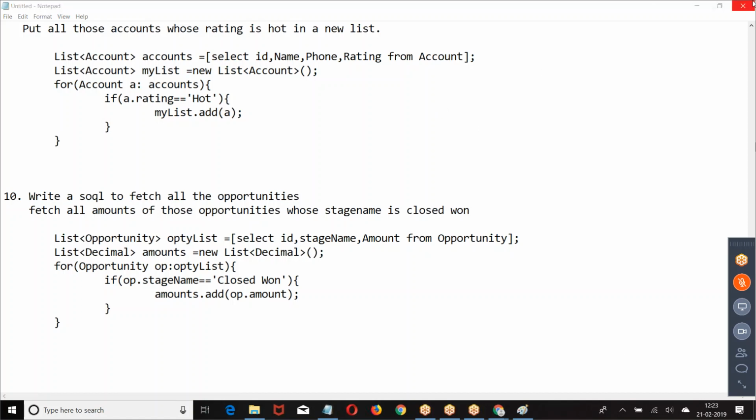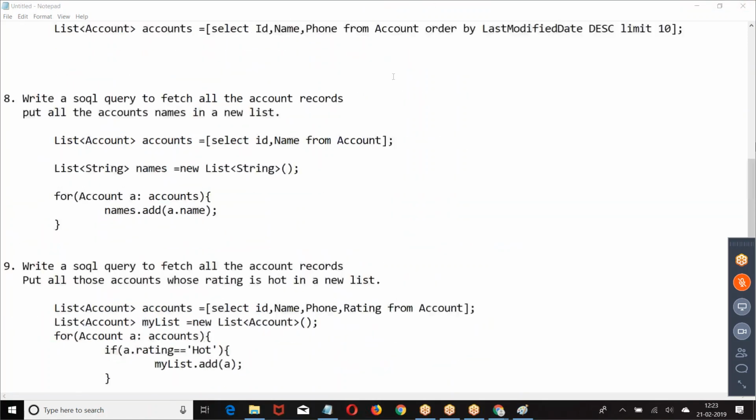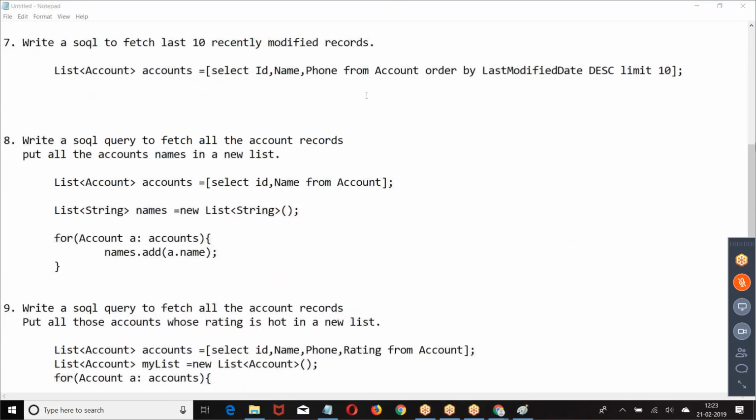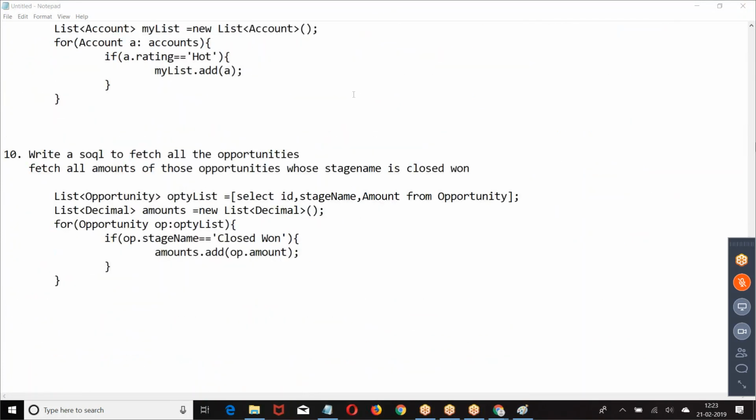Actually, I have one doubt on yesterday's session. I didn't understand how to convert a list of data to a map. A list of data will not be converted into a map. We are mapping it in a for loop. You are writing for employee, employees. That one you've taken as a value.